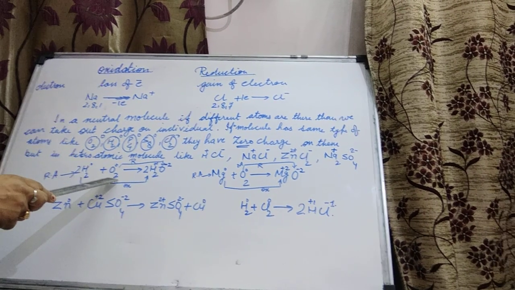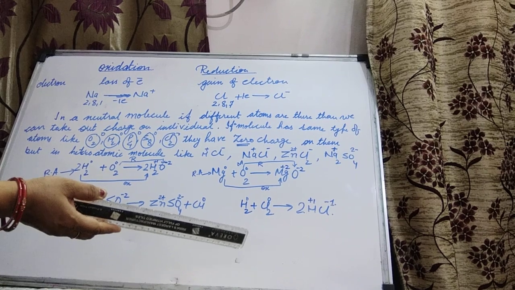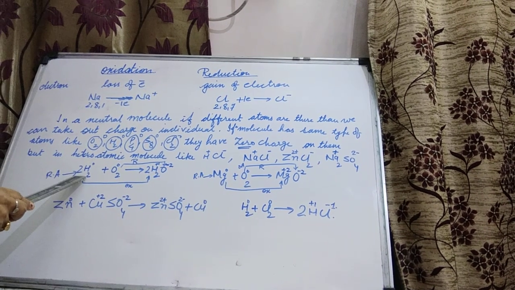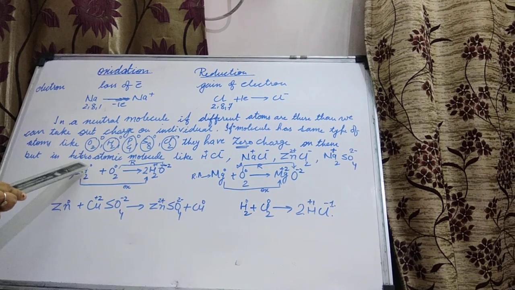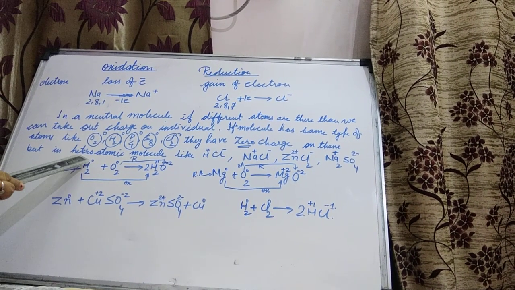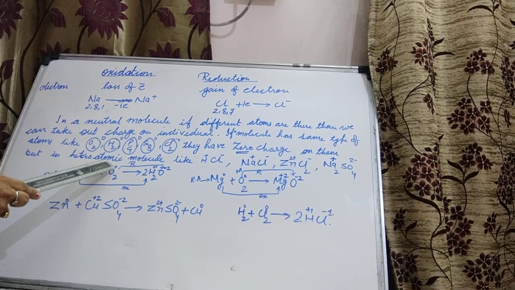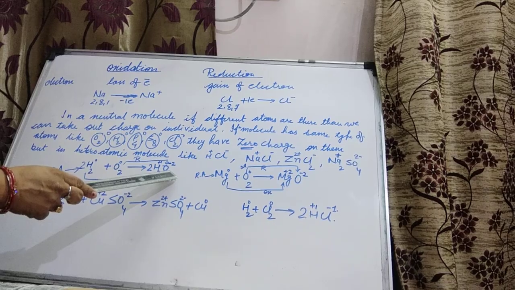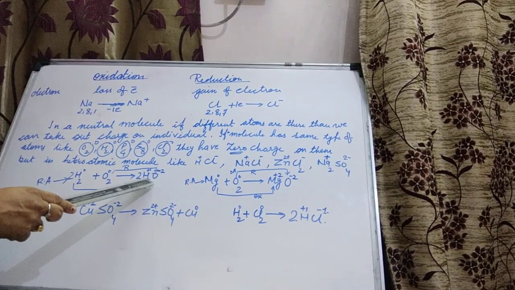H2 combining with O2 to give you H2O. You all know it. H2, hydrogen, when combined with oxygen gives water. Here H2 is a homoatomic molecule. Which charge will be there? Zero. O2, homoatomic, zero. But it is forming H2O. It is also a molecule, but it is a heteroatomic molecule,